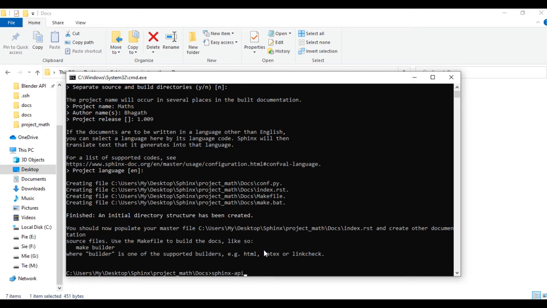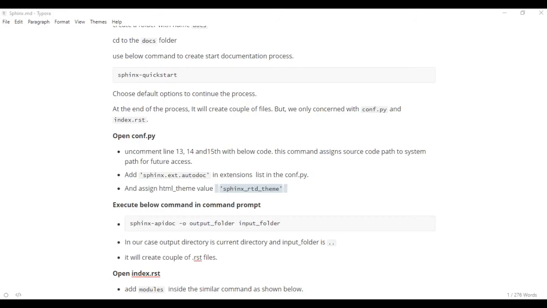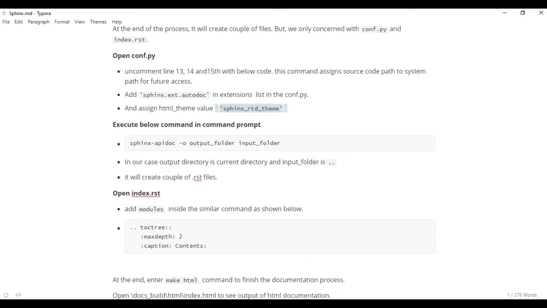Okay, so for further process, we have to use Phoenix-apidoc -o. This is the command which I have used, and here we have to give the output folder for the RST files and the input folder of our code.